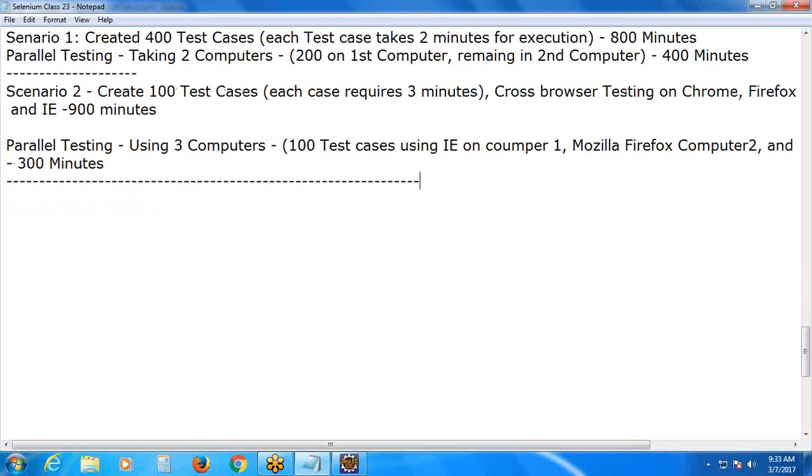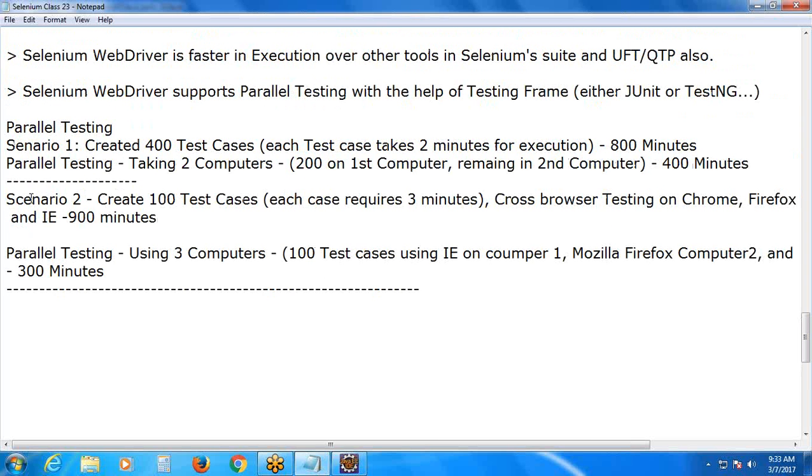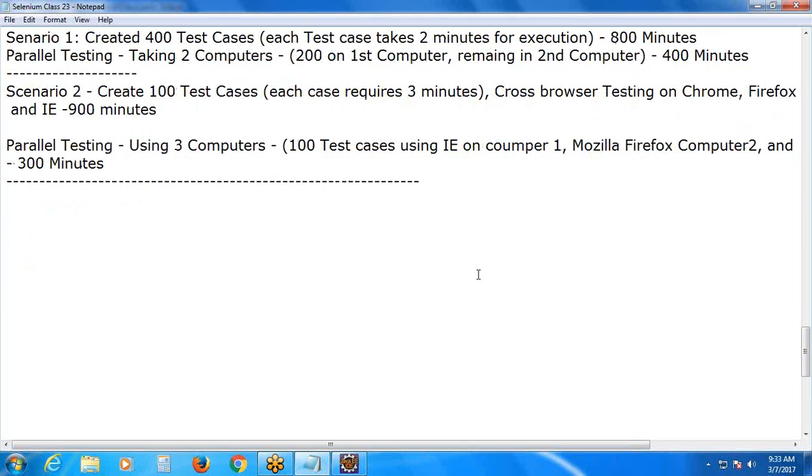And one more thing, actually Selenium WebDriver doesn't support parallel testing. With the help of a testing framework you can. And one more thing, here one small condition is there. Parallel testing: Selenium WebDriver plus testing framework. Here observe,